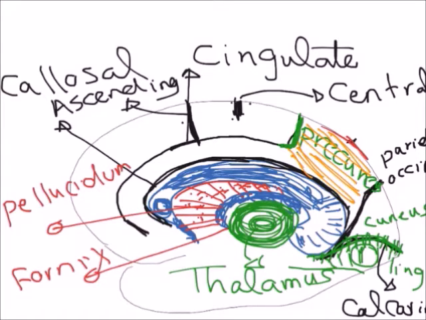We have a very important gyrus or lobule around the central sulcus, or around the beginning of the central sulcus. This gyrus is called the paracentral lobule. This is the paracentral lobule, and it's very important because this area here